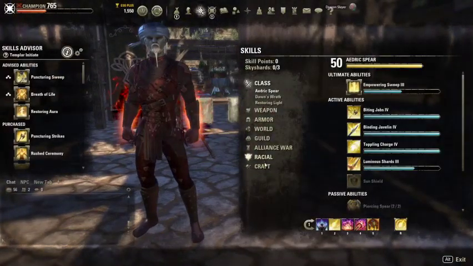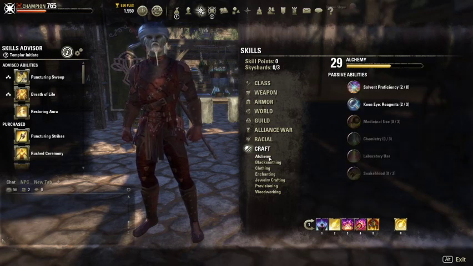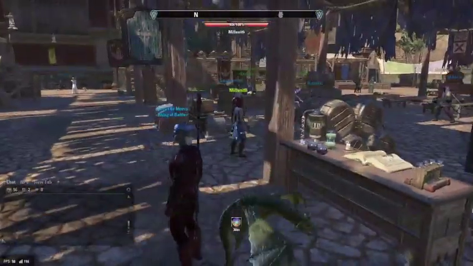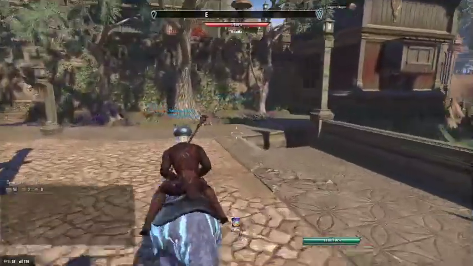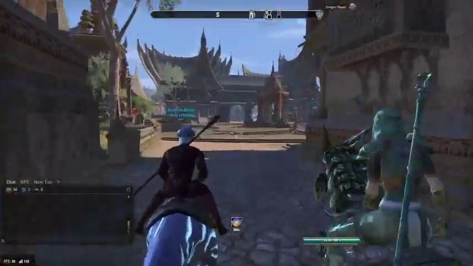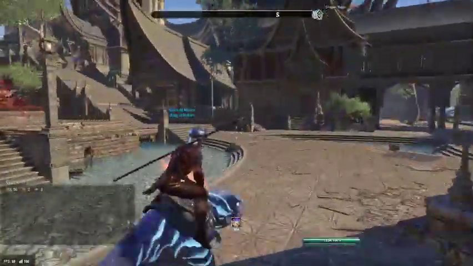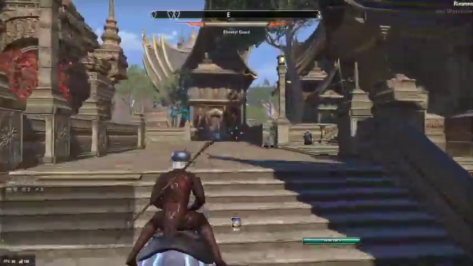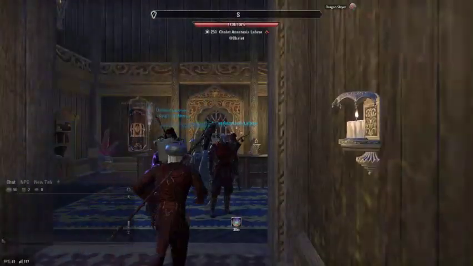Okay. So where am I at with alchemy? 29. I suppose that's good for now. Let's head over to Bunko real quick. And I do have a bunch of recipes that I could learn on this character, although I'm probably never going to do any provisioning. We'll see. Hadn't really planned on doing provisioning on any of my extra crafters, but...